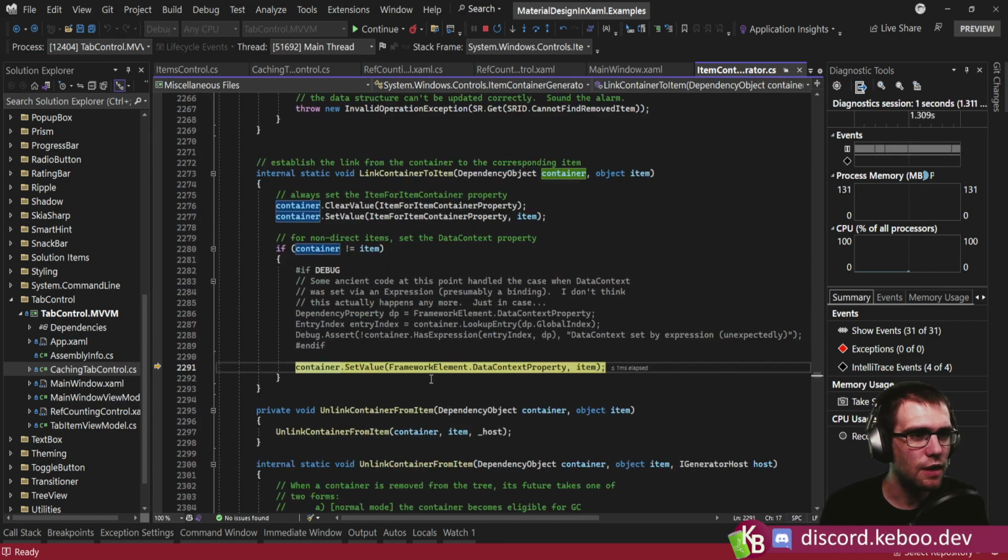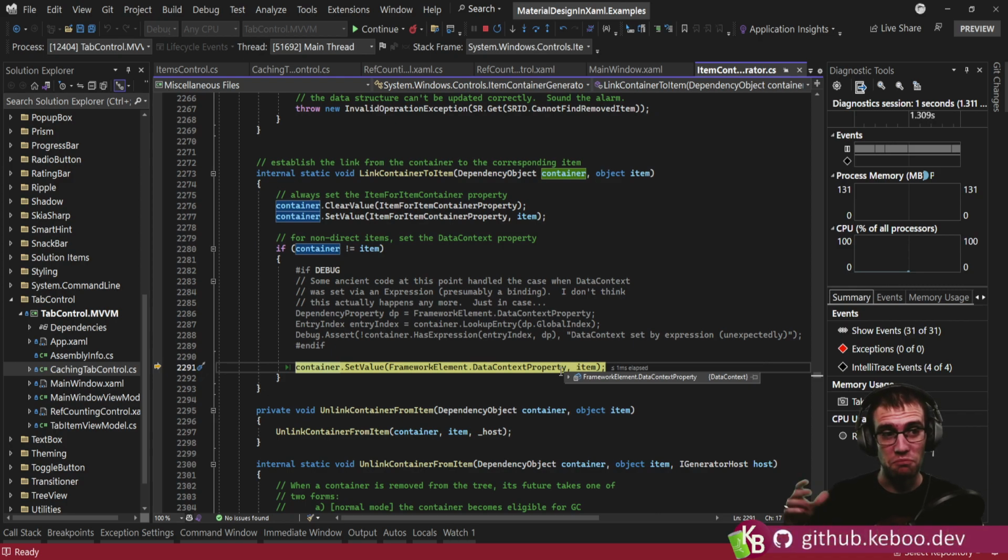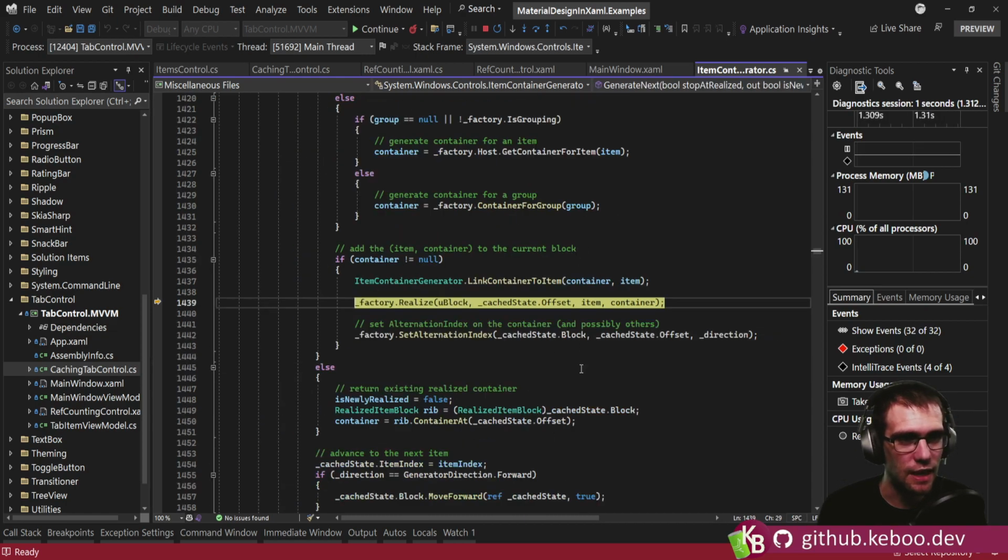And then we come in here. This is where we're going to forward down the data context into that item, because remember, the get container just returned new tab item. It set nothing up about it. So it goes, okay, let's go ahead and set the data context because that'll be important. And then here we come into this item container